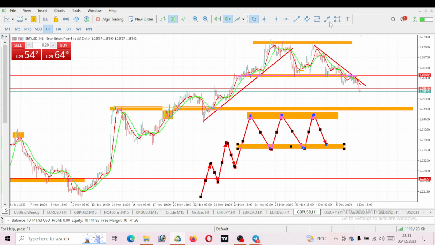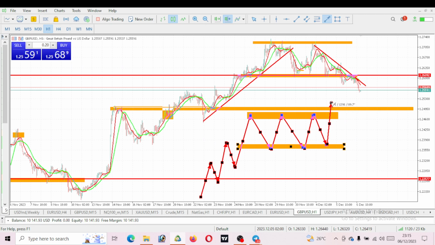So now, if the market eventually comes to this support and resistance level and it breaks above it, it gives us a breakout to the upside, you will see that the market will come to test this previous resistance level, right? And it will continue with the movement upward. But if the market does not do that, and eventually breaks below the support level, the market must give you a pullback to test the support level. Once the market tests the support level, then you can continue with the movement downward.